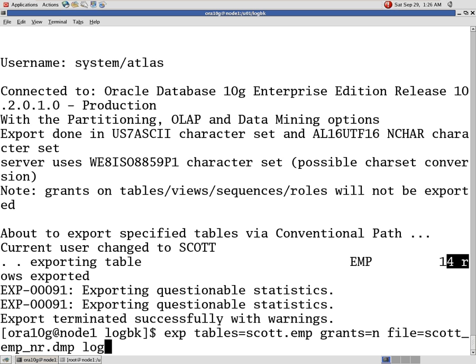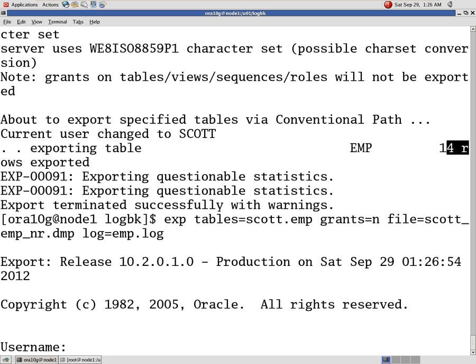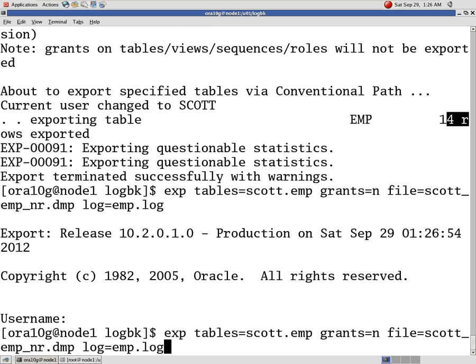I am giving here log equal to emp.log. Sorry, I am just breaking it. Here without rows now, so we have to give rows equal to n. I don't want rows. I want only the table, the structure of a table.